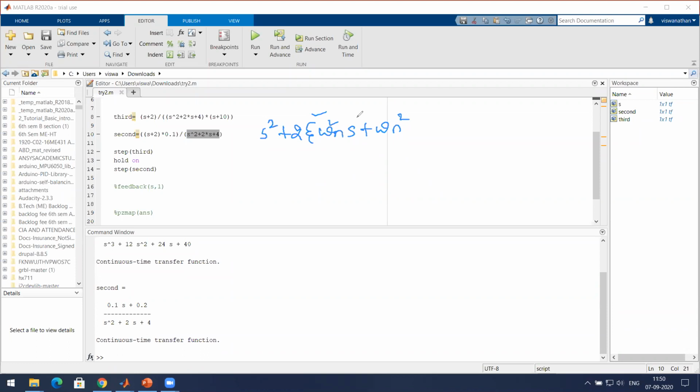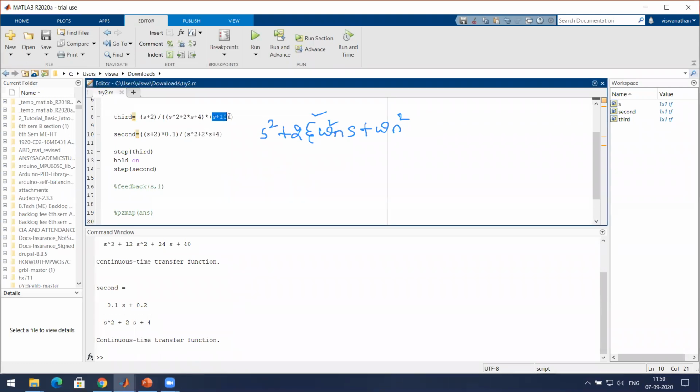So this is the simpler one. The only thing you need to understand here is which root to eliminate. Because this pole is far away from the imaginary axis on the left side, the root which is on the left side and far away from the imaginary axis can be eliminated. Its effect on the system response is not going to be much.